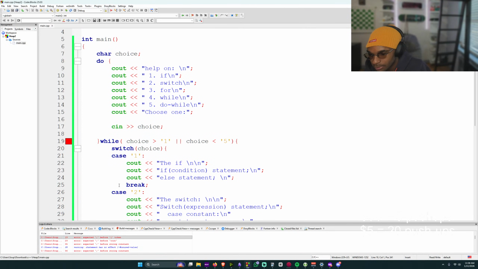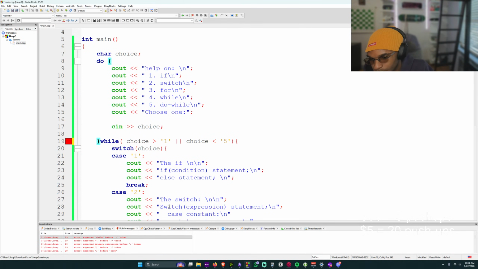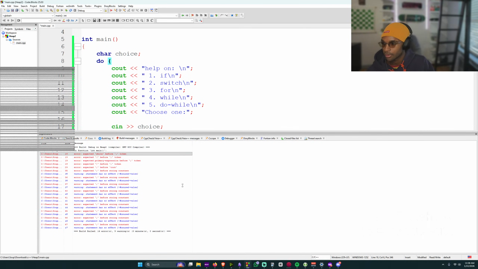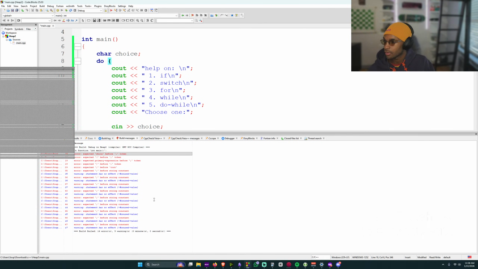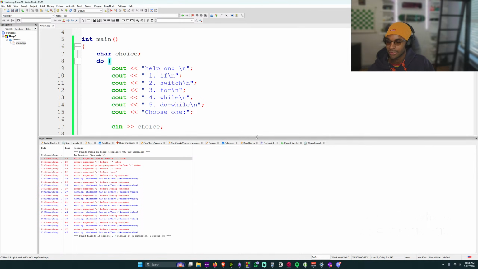Error: expected a colon before the token. What do they want from me? Get another colon there? I don't know. It just breaks the whole Code::Blocks. You can't bring this thing up. That's insane.